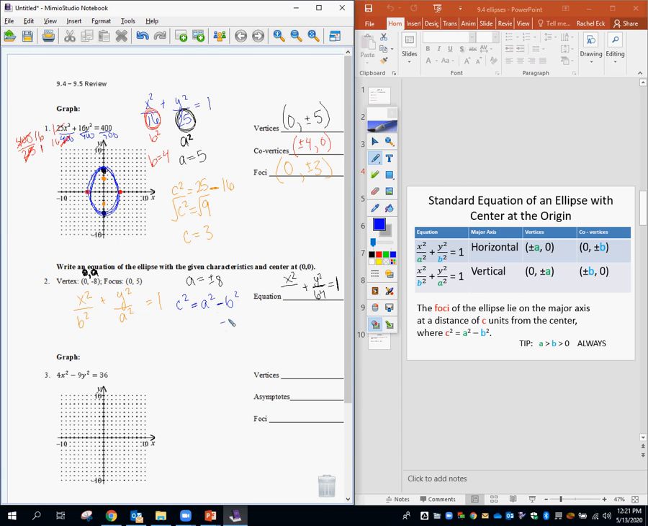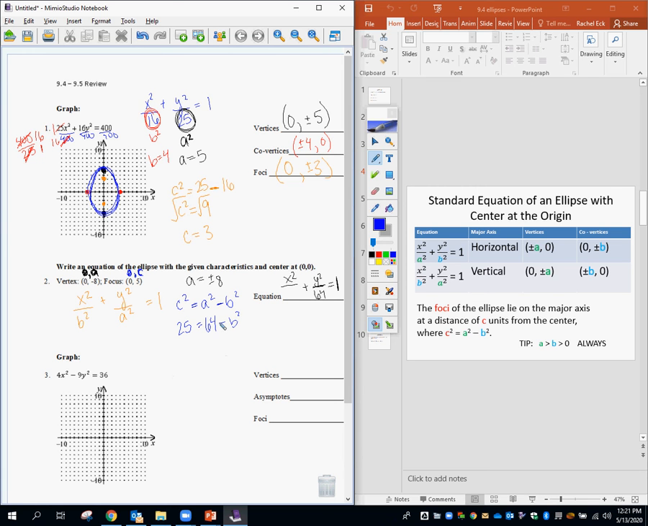Again, we don't know our b squared or our b, but we do know our c squared. Our focus was at 0, comma, c. Our focus is represented by c. So if 5 is our c, then c squared would be 25. And if a was 8, our a squared is 64. So then we have to solve this equation